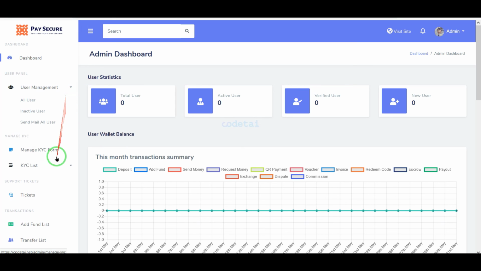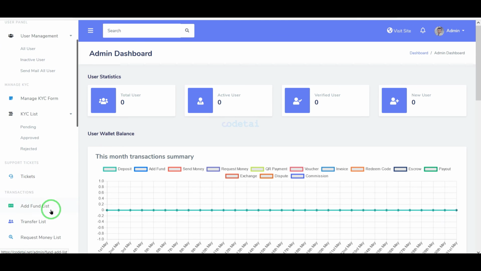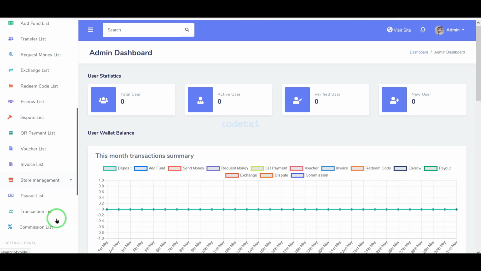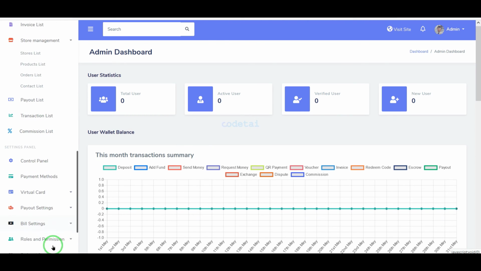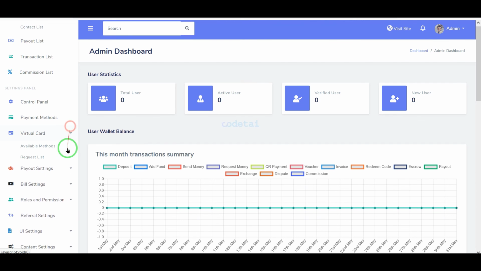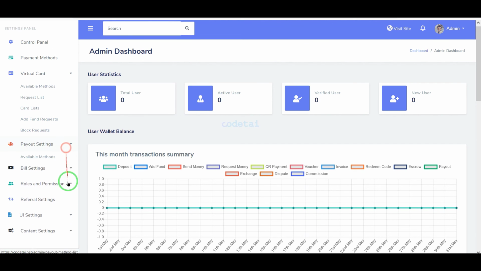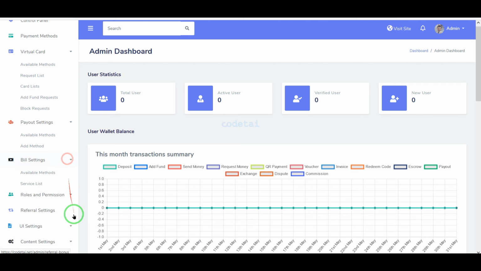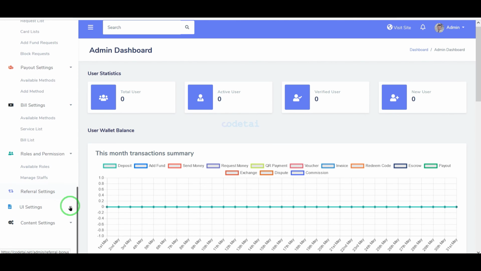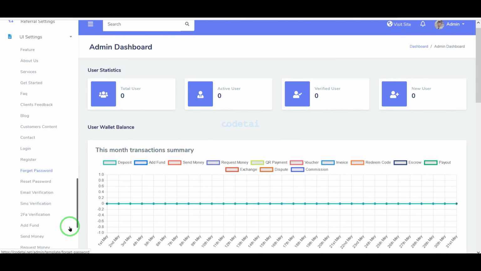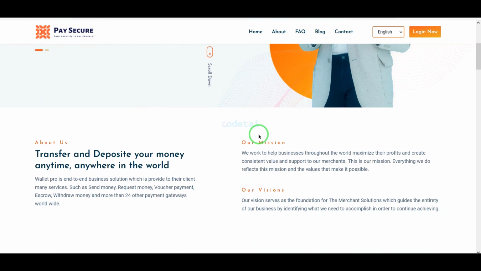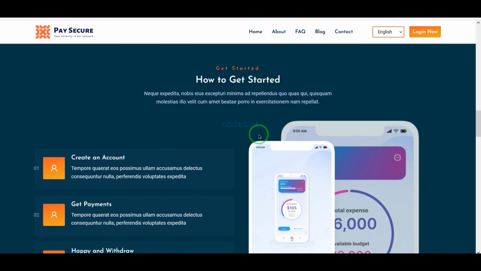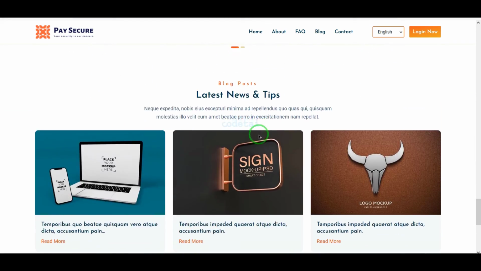Now you can easily customize the website using these features functionality sections of the admin panel step by step. If you have any problem customizing the website, then contact us and we will help you. I give you 100% guarantee that you get all the features in this source code to create a complete digital wallet solution website. In this video we learn how to create a complete digital wallet solution website.